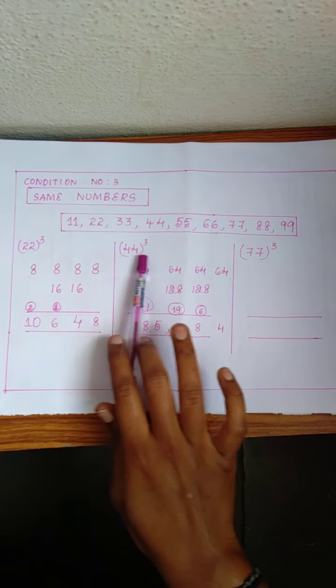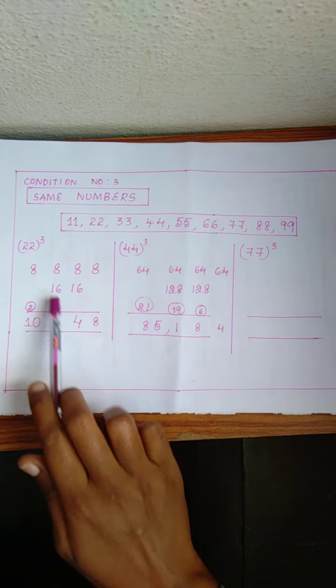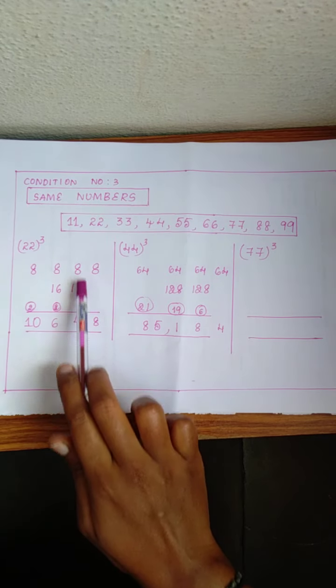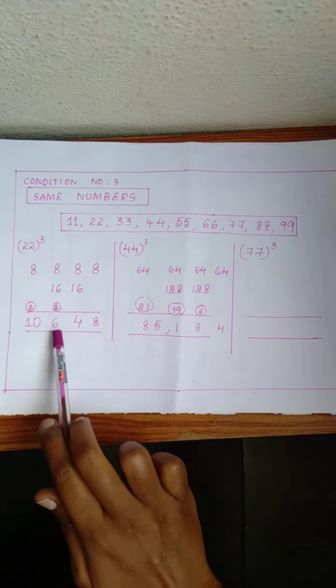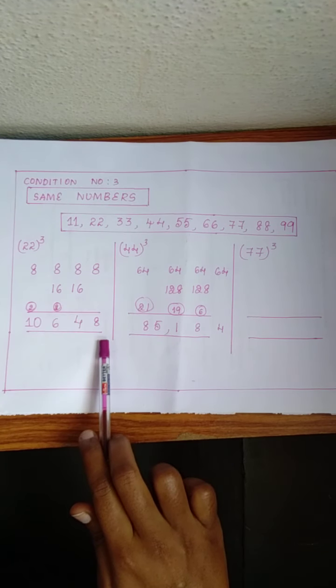Remove last number, remove first number, remove last number. The middle 2 digits you have to double: 8 2s are 16, 8 2s are 16. And then simple addition: 8 plus 0 is 8, 8 plus 16 is 24, 16 plus 2 is 28, 28 plus 8 is 36, 26, and 8 plus 2 will be 10, so 10,648.